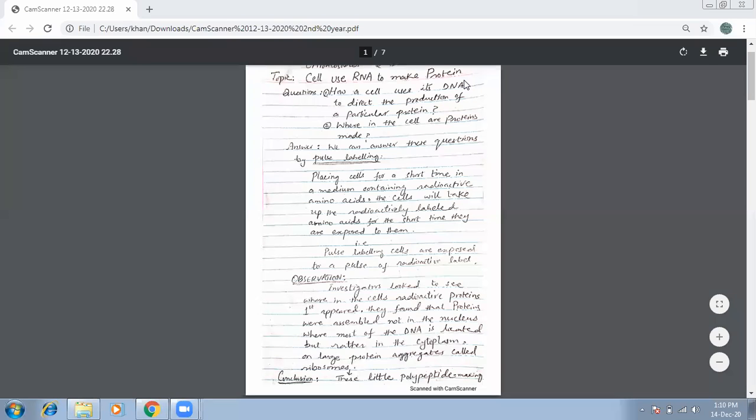As you know, there is an organelle present in the cytoplasm which is involved in protein synthesis. You know the name: ribosome. Ribosomes are also called protein factories. These are little